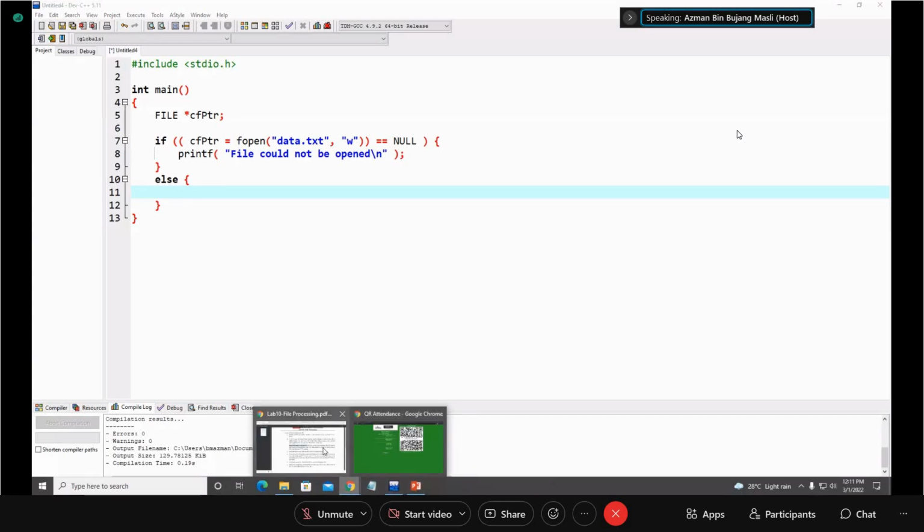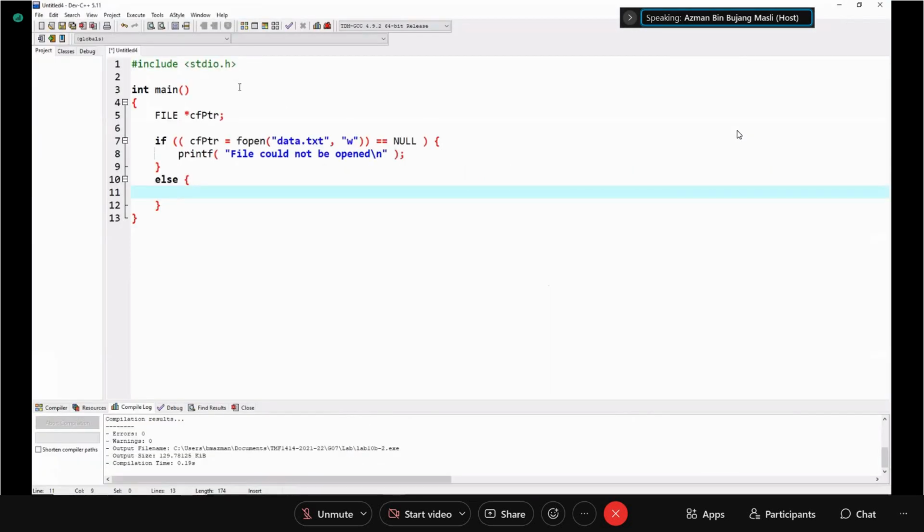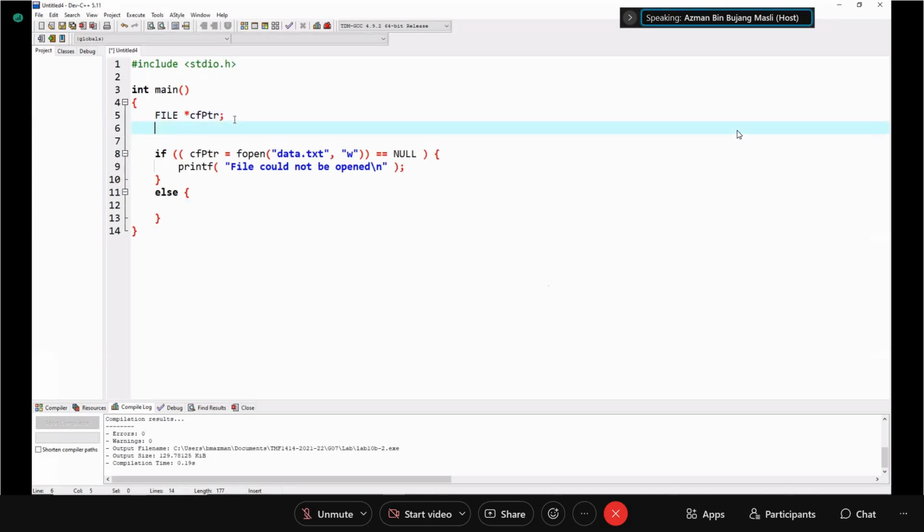So this one, you open the file and then get input from the user. For example, we can get a string from the user. So we can declare one variable of type character array, for example input, the length is 30. Then you can ask the user to enter the input.